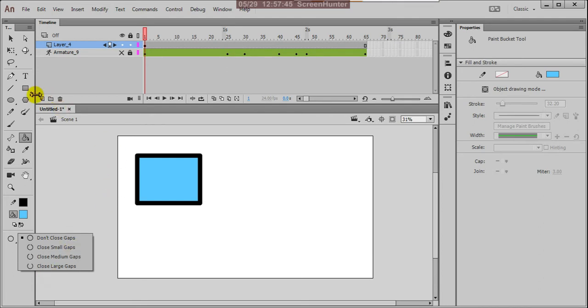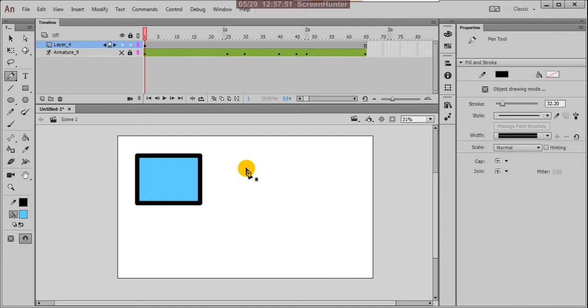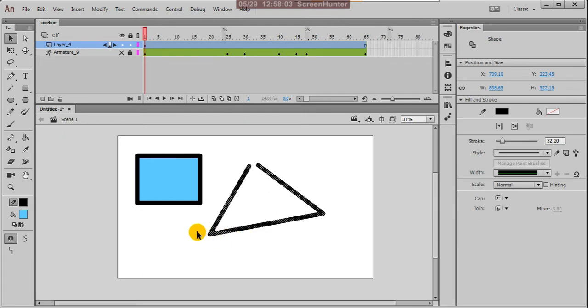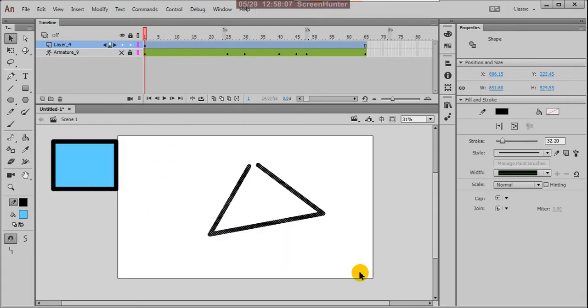And suppose this is my area, and select that. Select that, and by pressing this, you can check close small gaps.